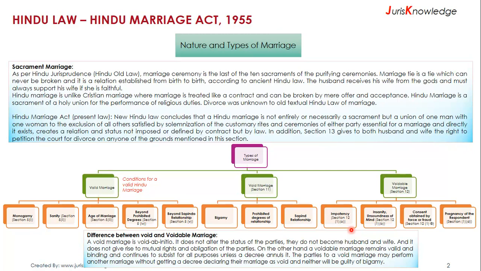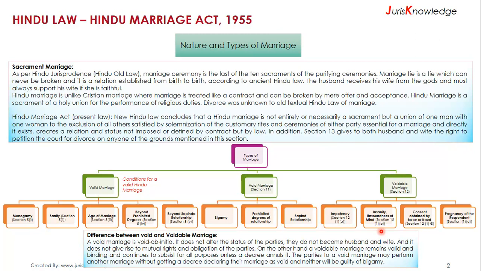The first is impotency, as per section 12, clause 1a, which says if either spouse was physically incapable of entering the marriage at the time of the marriage, usually because of the lack of ability to have sexual intercourse, and if this inability appears incurable or if the spouse refuses to take any action to cure the inability, there are grounds for an annulment. The inability must continue and must exist at the time of filing a suit or as the suit is continuing.